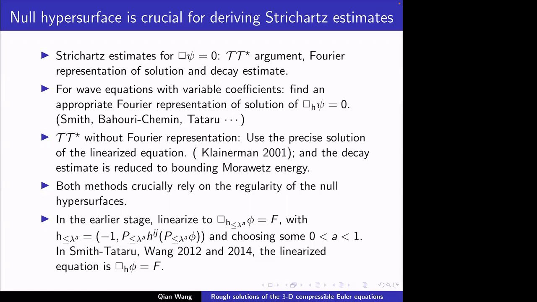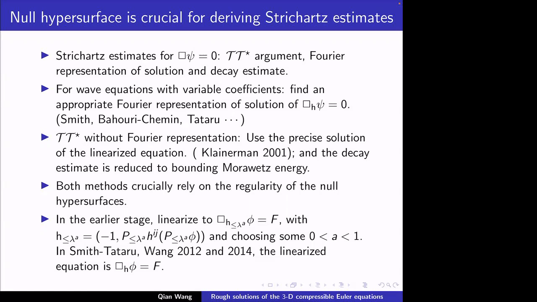But there is one thing that's my main concern: the regularity of null hypersurfaces. This is crucially related to establishing the Strichartz estimate itself. If you're not familiar with the Strichartz estimate, we look at box psi equals 0, the naive one, and we run the TT star duality argument, and it also relies on a Fourier representation of the solution, and you also need to analyze the decay of the kernel and then apply Hardy-Littlewood-Sobolev. So this is the standard way. But in the curved background,